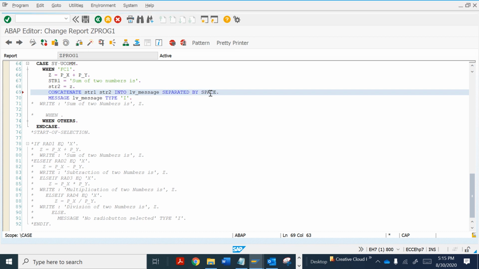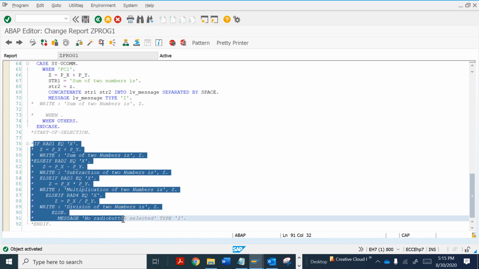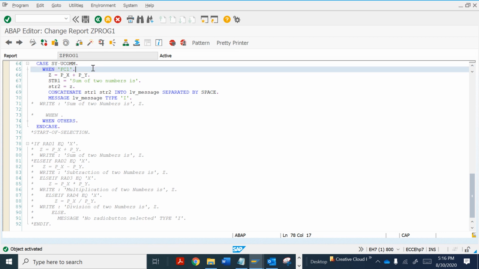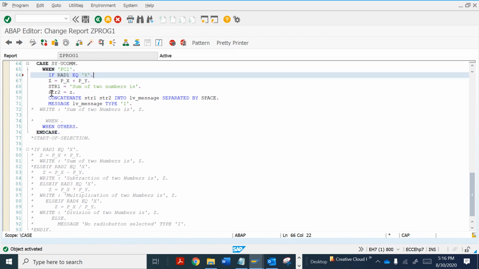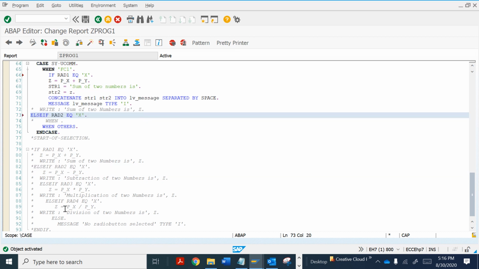Same like this, I want to perform all the operations, obviously in the if conditions only. So let's do all the if operations.